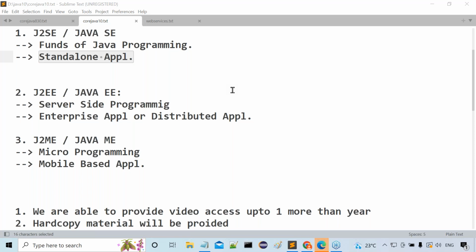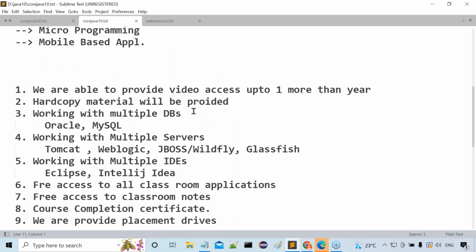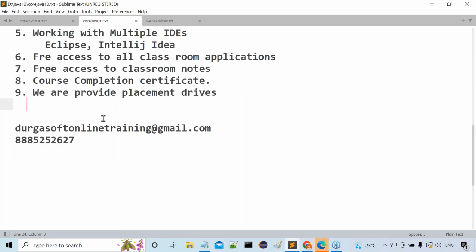Still, if you have any questions about these packages, what we are providing, what classes we are providing, and everything, if you want to get, we can restore office. Our office people will give more clarity on it. This is administration work, not related to our technology. Just leave it.